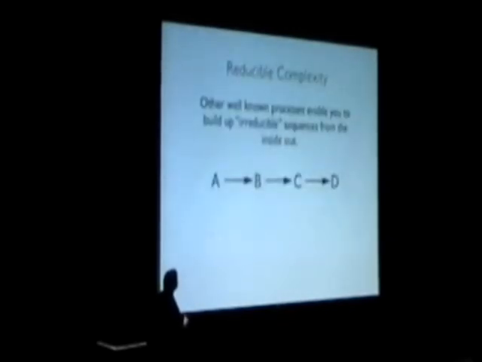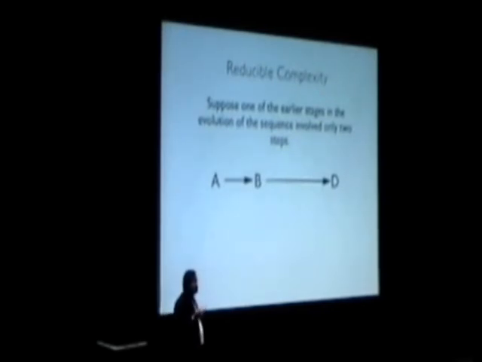Okay, here's our pathway, A to B to C to D. Next slide. Why don't we imagine this was the earlier pathway? Not like B's imaginary A to B. B's the functional one. That was there for a long time. So say you've got a pathway that looks like this, A to B to D. There's no C there. This is the ancestral state, one of the ancestral states. Next slide.